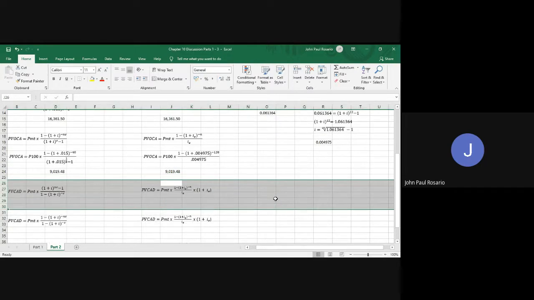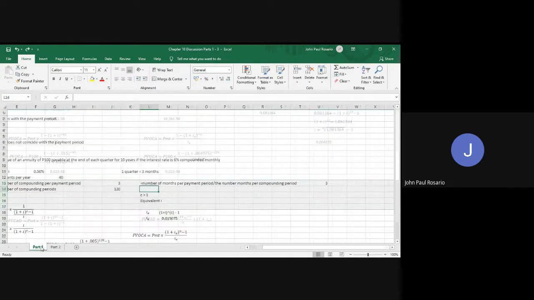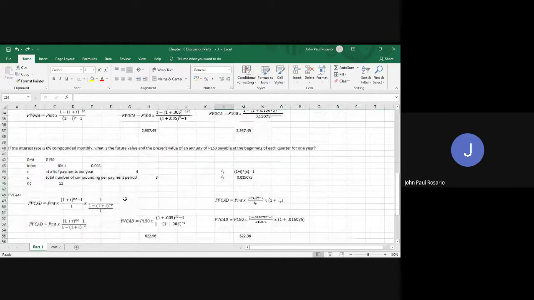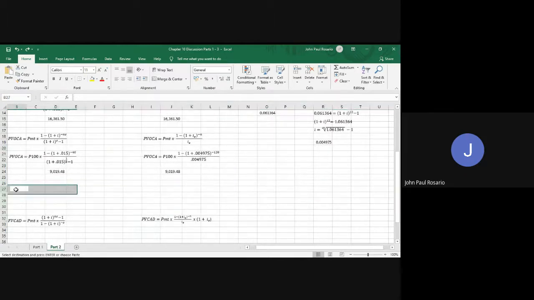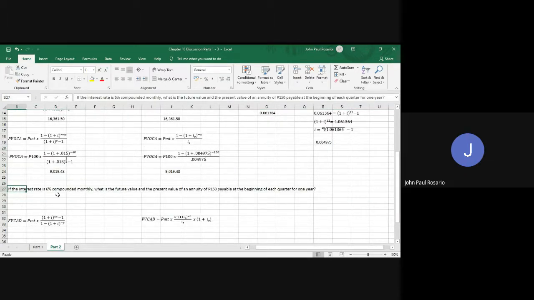Now let's go to when it's an annuity due. Let's use another set of questions, like what we did during our discussion on the first part. If the interest rate is 6%, compounded quarterly, what is the future value of an annuity of 150 payable at the beginning of each